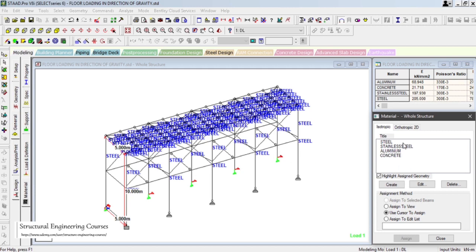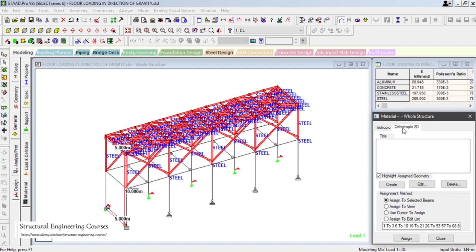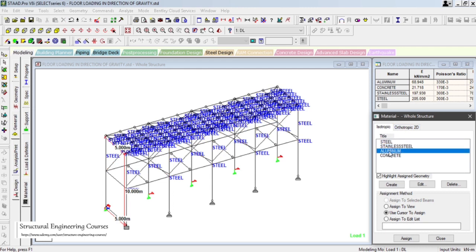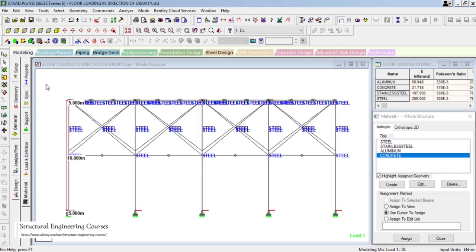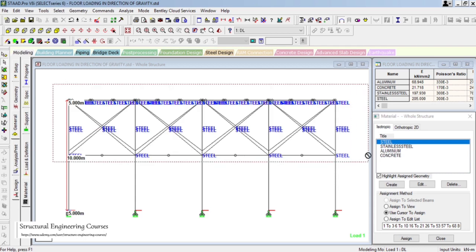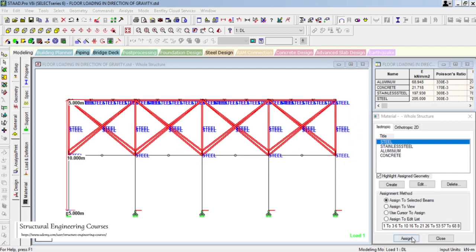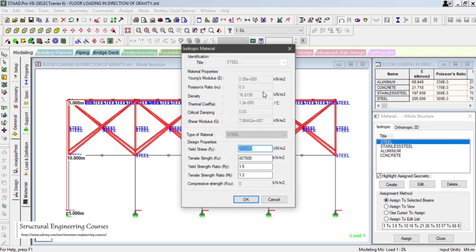Here we can see that isotropic and orthotropic 2D material options are available. By default, steel, stainless steel, aluminum, and concrete materials are available in the STAAD software. Let us say we want to apply the steel properties: we can select all the steel members here and left click on assign to selected beams. When we left click on edit here, you can see that by default the yield stress of this steel material is